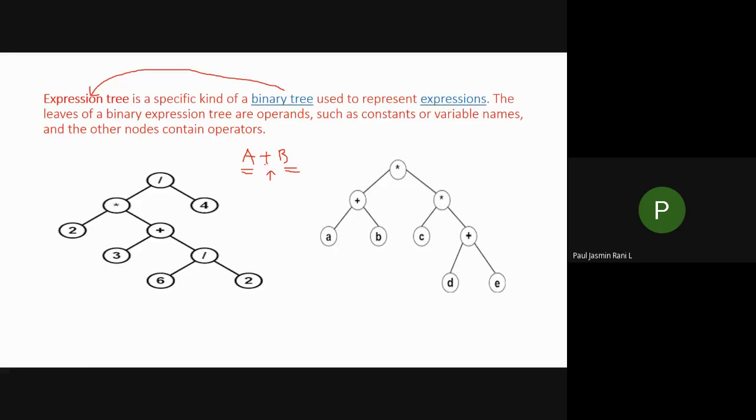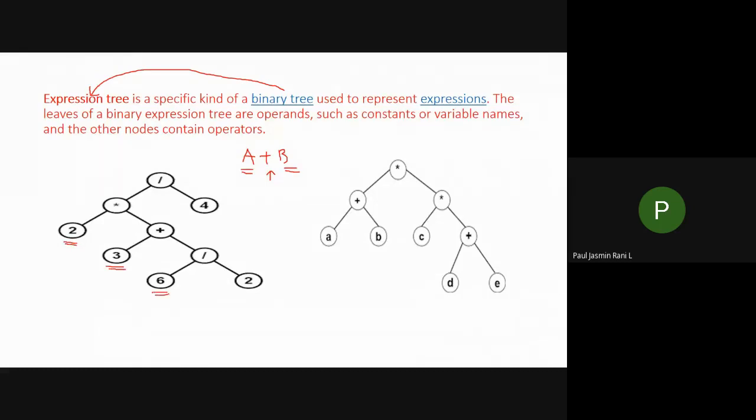So you remember this one, an operand is nothing but a, b, or 1, 2, 3. Okay, so if you get any characters like this, we call it an operand. And operator means if you have plus, minus, slash, power, all these come under operators. Okay, and if I say expression tree, all the leaf nodes contain only the operands. What do you mean by leaf nodes? If you don't have any branches, if you don't have any children or child, then I call that particular node a leaf node, isn't it?